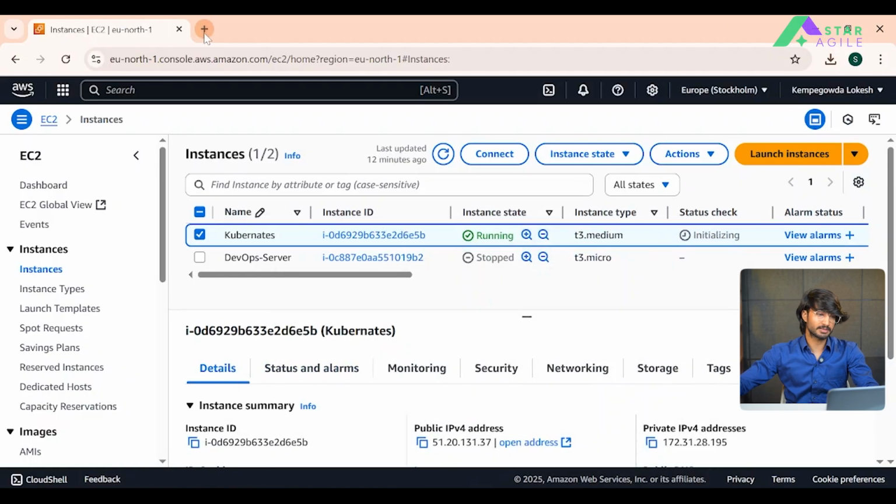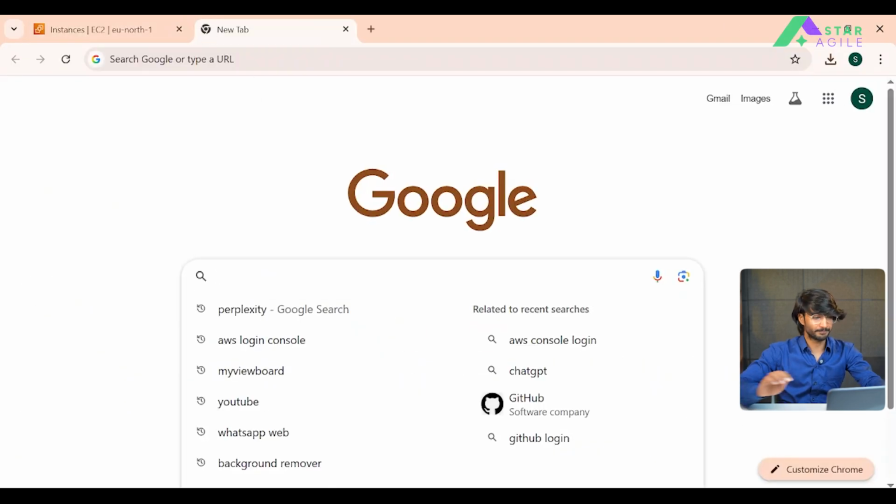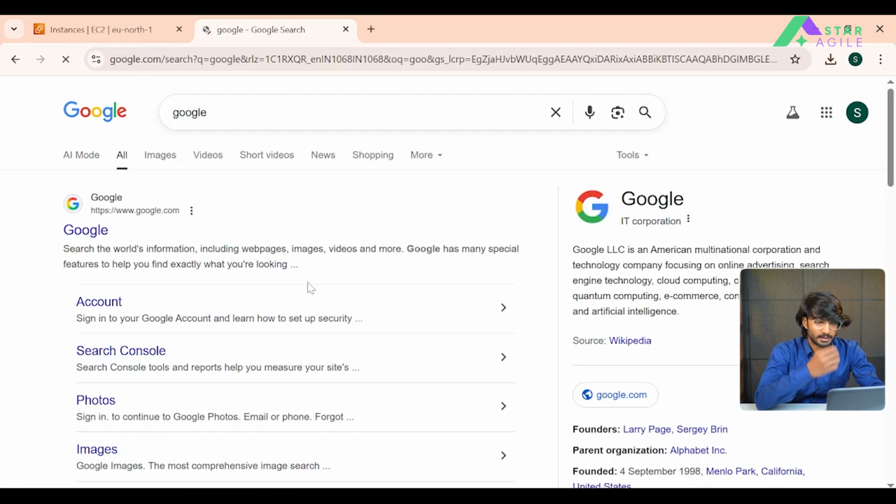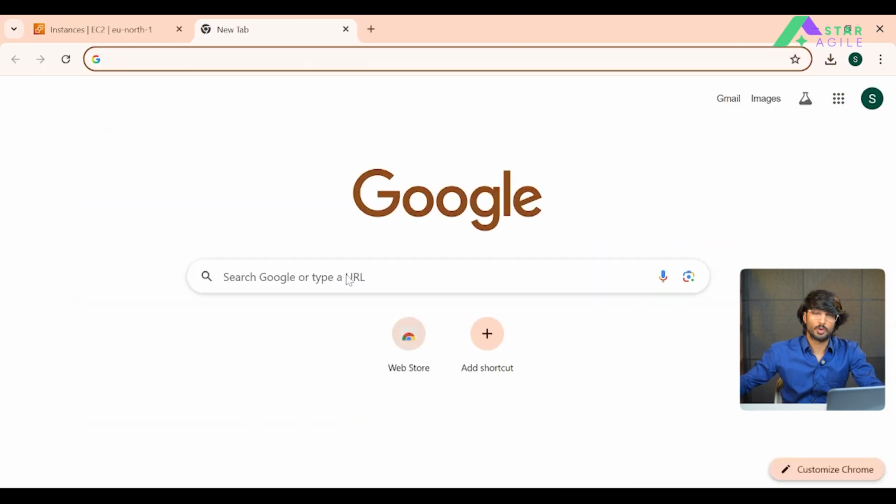So for that purpose, let me go to Google. For installation of Docker on my Ubuntu server, I'll search for Docker, and I'll go to the official Docker repositories for Ubuntu.